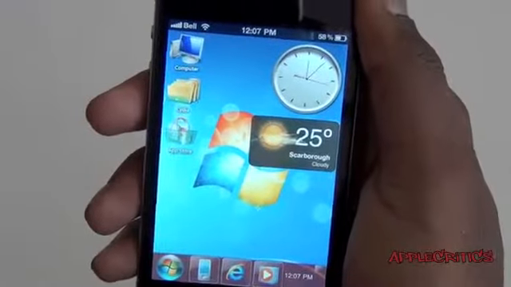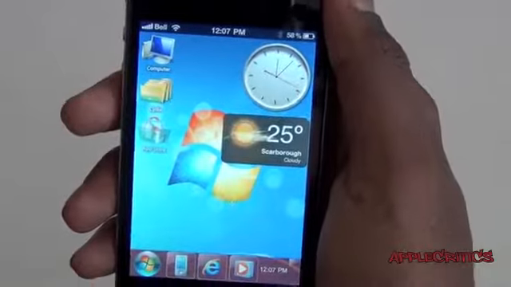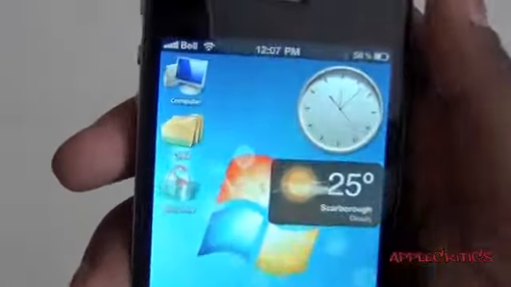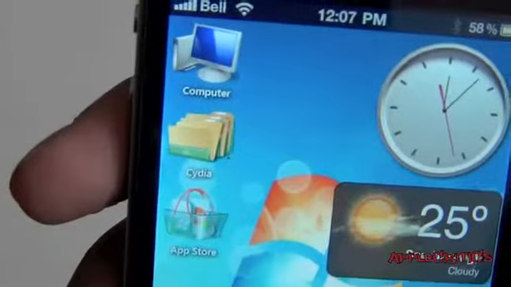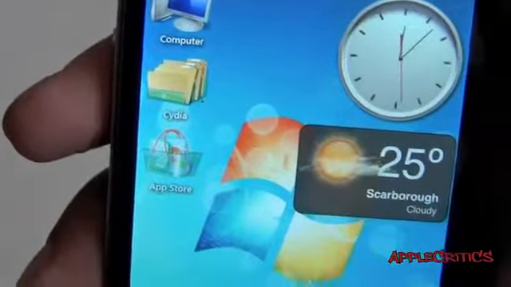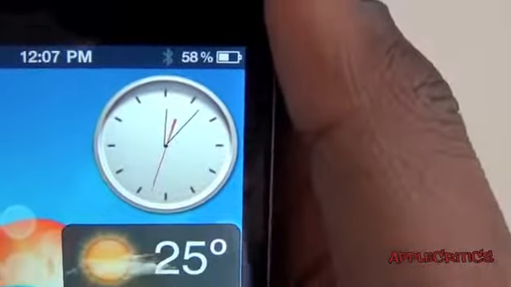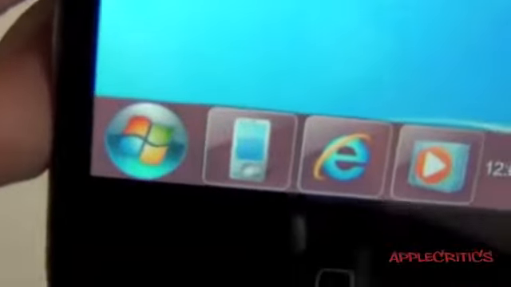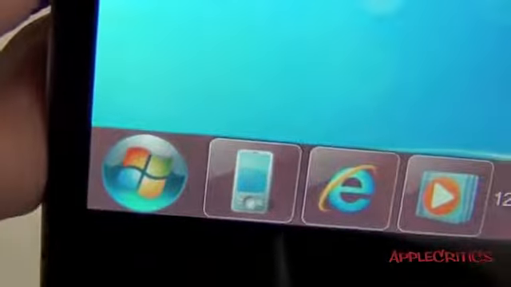Once you open Aero HD, you will be presented with one of the best emulations of the Windows 7 operating system. On the left of this theme, you are presented with Computer, Cydia App Store, and you also do have a clock right there, and you have a weather widget. Also, you do have the bottom buttons, which include the Start menu right here,